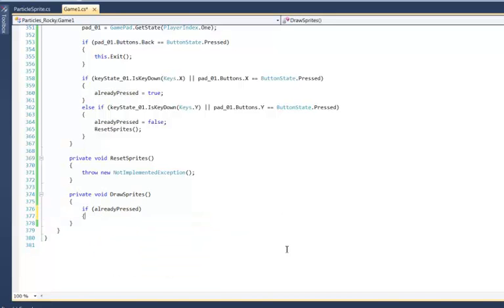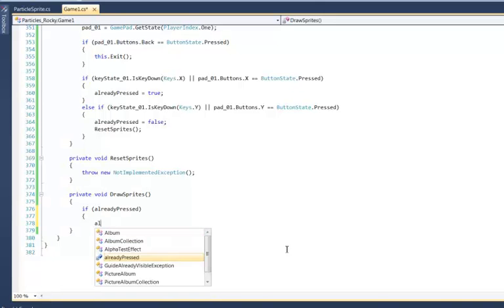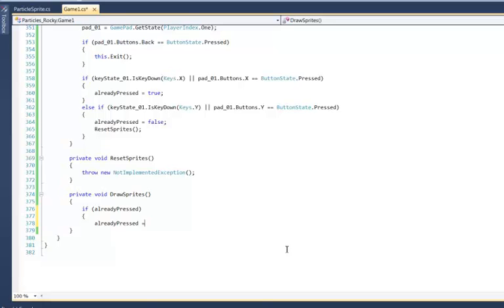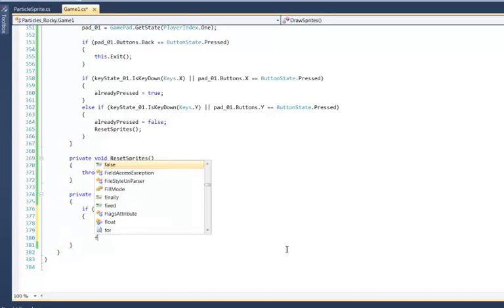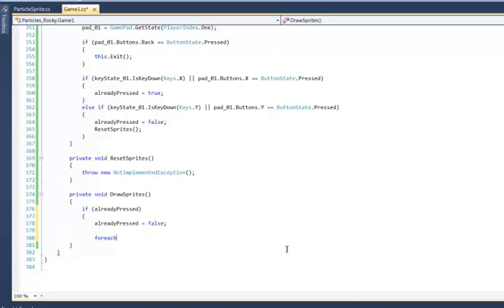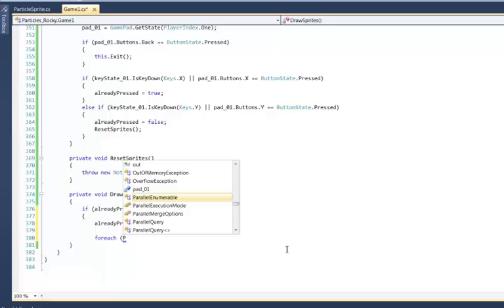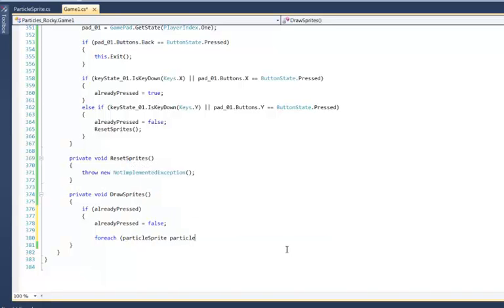So if already pressed is equal to true, we're going to draw out the particles. So we're going to first set already pressed to false. That's what we said. Okay, we're going to assume that there are no particles that are active, but then if they are, we'll turn already pressed back to true. So we're going to do this for each, which takes us through all of the objects. So for each particle sprite, and we're going to call these particle, and we could call them rutabaga, in our particle sprite array, and open curly,